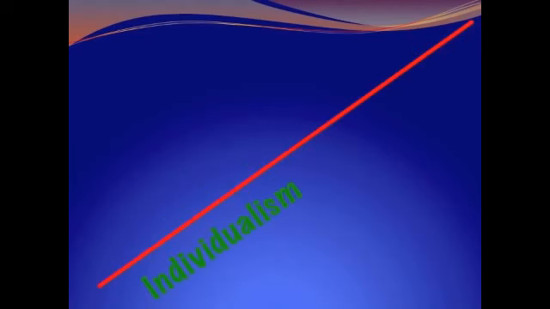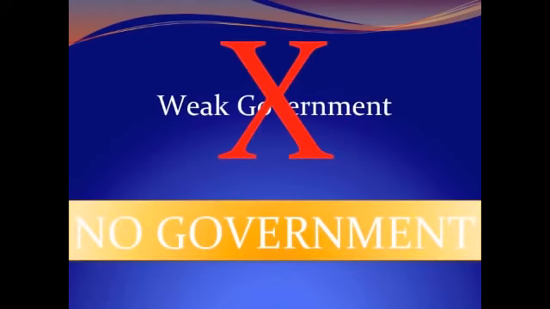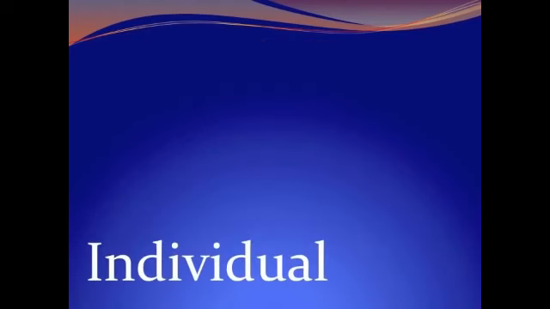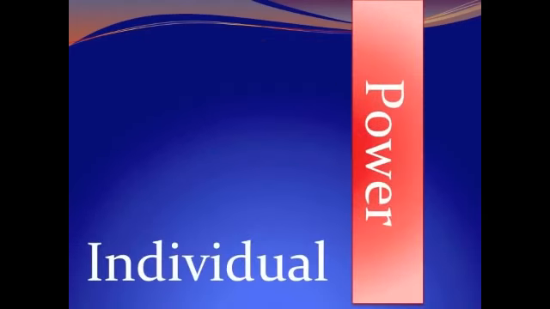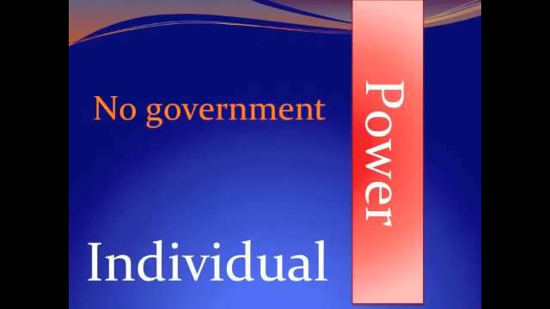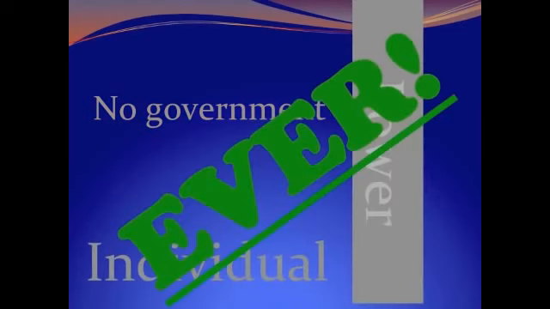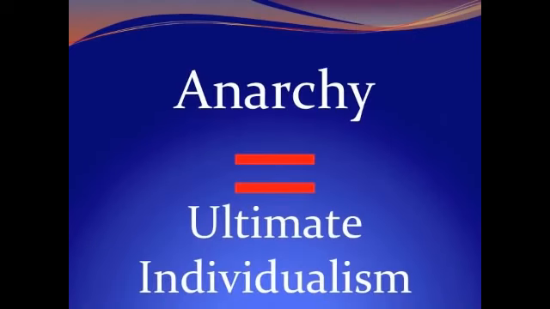So here on the furthest tip of individualism, we have anarchy. This is not just a weak government, this is no government. Therefore, each individual in a society has the most amount of power possible because there's no government telling anyone what to do, ever. In strict anarchy, anyone can do whatever seems right to him or her. Some people try to modify the term anarchy to include a very, very limited government that would just step in for extreme situations, but that's not really what anarchy is. Anarchy is no government whatsoever. This is the ultimate in individualism.